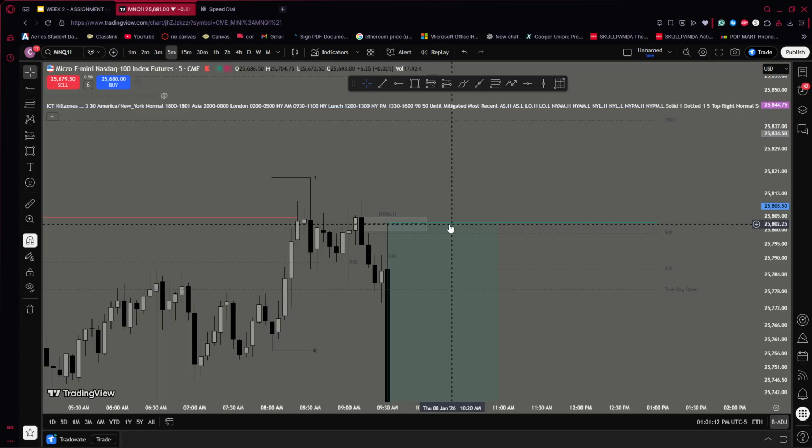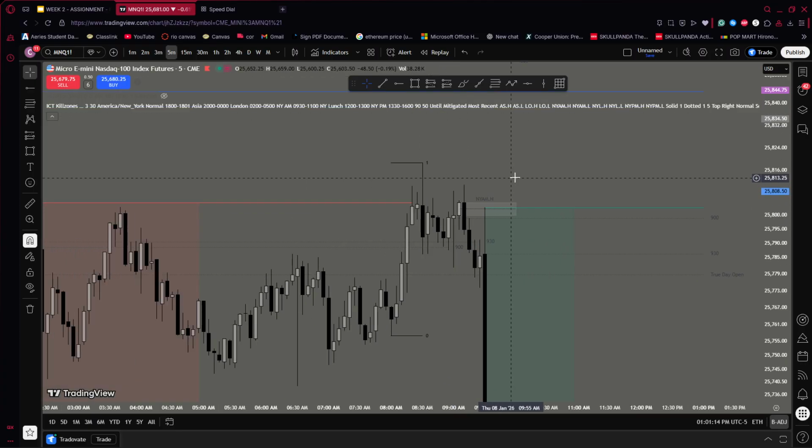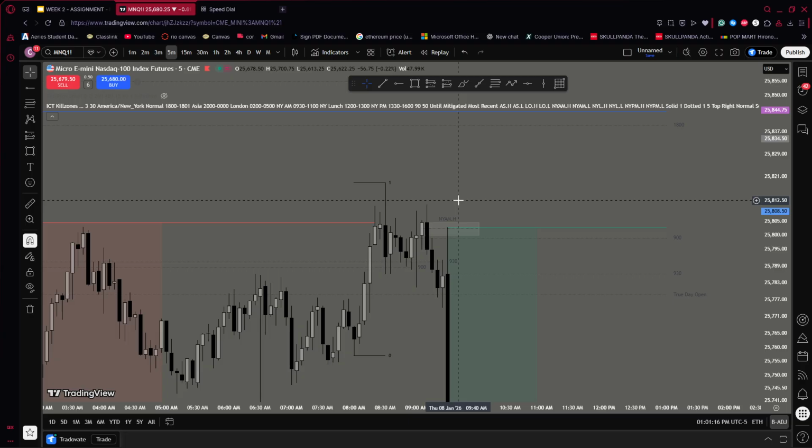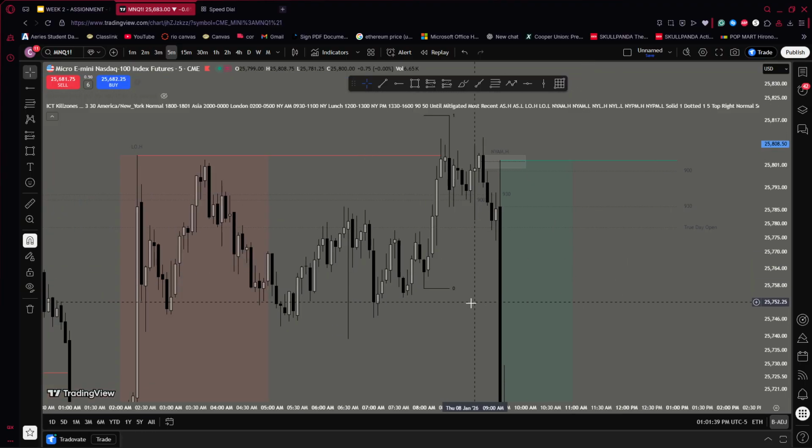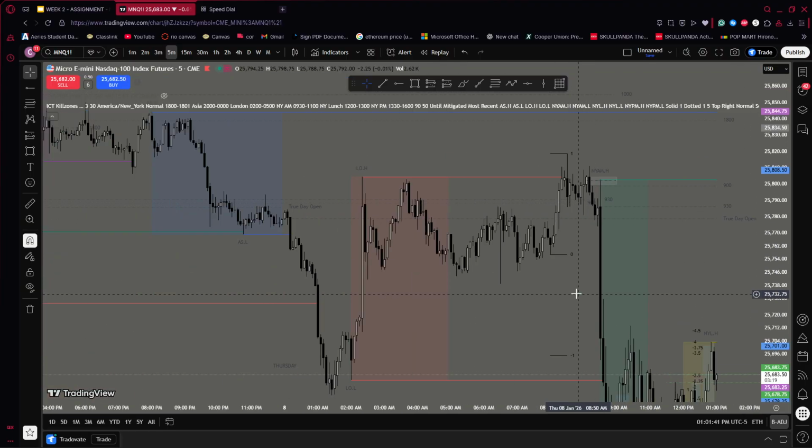And this would have been a really nice entry, but I would only take this if in pre-market there was a standard deviation and this was a reversal point. So if this wick tapped into something, that would signal me that there was going to be a reversal going down, and then I would be looking for PRAs for a short, and this would be a really good one. However, I didn't look at it, but